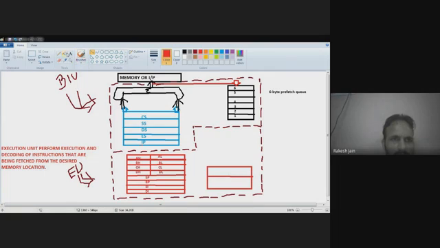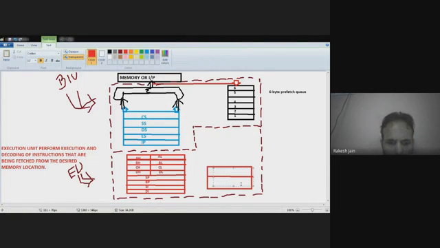Operands and flags are also part of the execution unit. Operands are registers which hold the data for a particular moment of time. And flags are a special kind of register for the indication of any arithmetic or logic operations. There are 9 flags in the 8086 microprocessor. And the rest is the arithmetic logic unit.